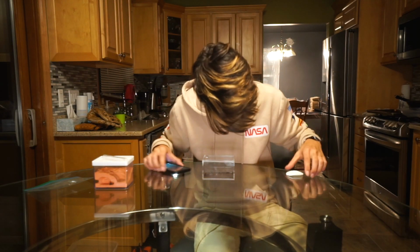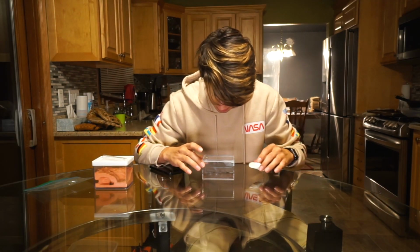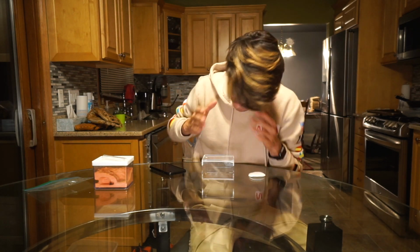Oh my gosh. We did it. It is a queen ant. Oh my gosh. Yo, you don't know, guys. Okay, you do not know how excited I am. I was actually looking forward to getting a queen ant, and the fact that this is one blows my mind,